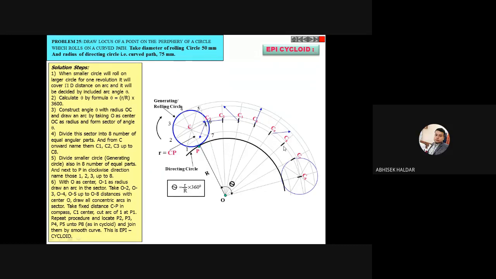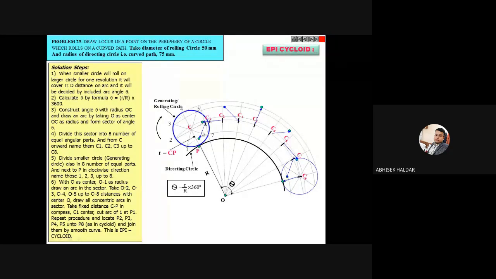This point from 6, and from 7 this is the point. These are very easy. I'm not explaining each and every step because it is exactly similar to the cycloid. This is the last cutting step, and from C8 it will touch the directing circle. You can see. Now whatever cut points you have got, I am marking those separately so that it will be more clear.